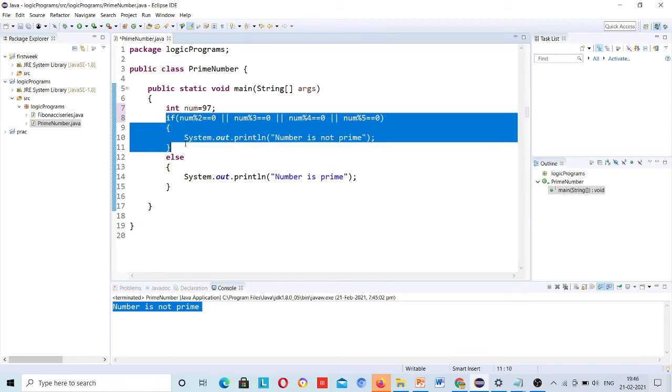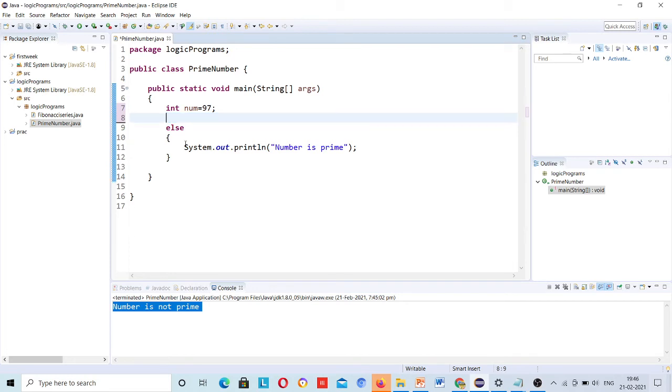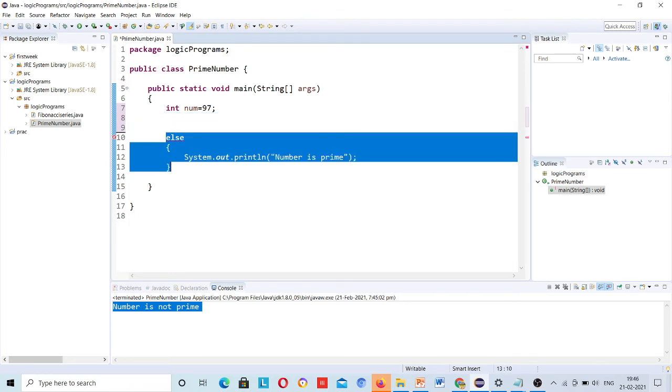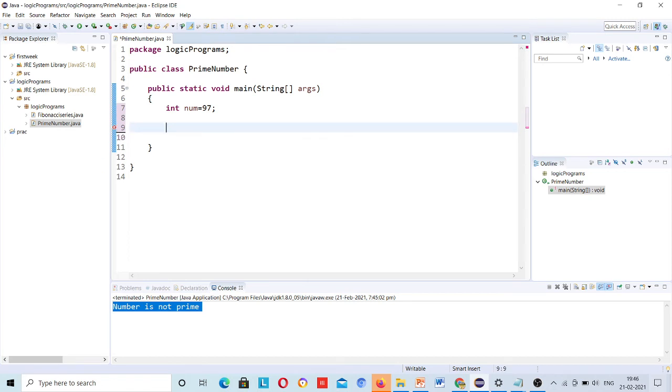Okay, so here what I will do, this number is 97 and I want to check whether this number is prime or not. So of course I have to check for 1, 2, 3, 4, 5, 6, 7, 8, 9, 10, 11 until 96, right? I will not check for 1 and 97, because a number divisible by itself and 1 only is a prime number.